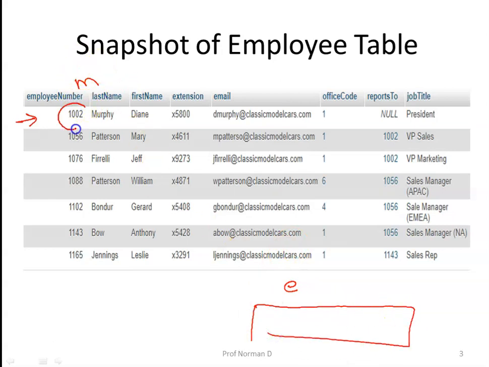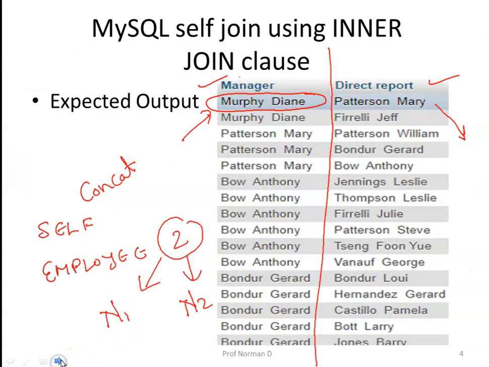If this value appears anywhere over here, that means this tuple and this tuple will be joined together. That means 1056 reports to 1002. Again this tuple, you will try to find out if it appears anywhere over here. Yes, it appears over here also. That means 1076 reports to 1002. So those tuples will be joined together. So this is how your self join works.